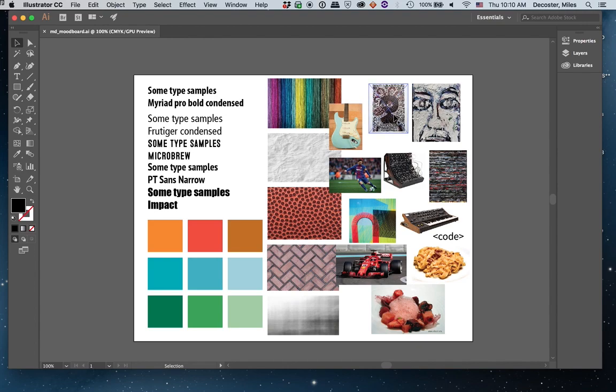So each one of these is just a picture that I've dragged into my mood board. Some came from the web, some came from my own photo files, etc. The type, I just went through all my typefaces. Some of these are ones that I had on this computer. You can also find type samples on the web, you might take screenshots of or download fonts, etc. So I've just assembled this thing. It's an 8.5 by 11 document, and